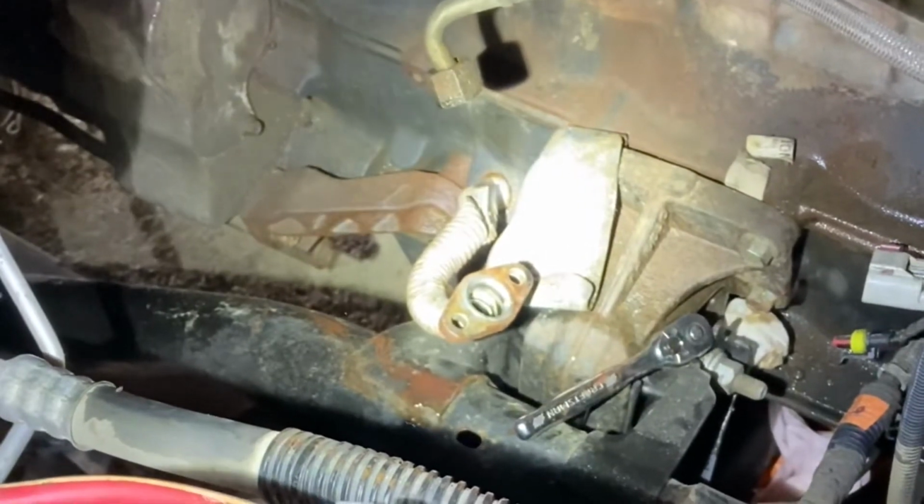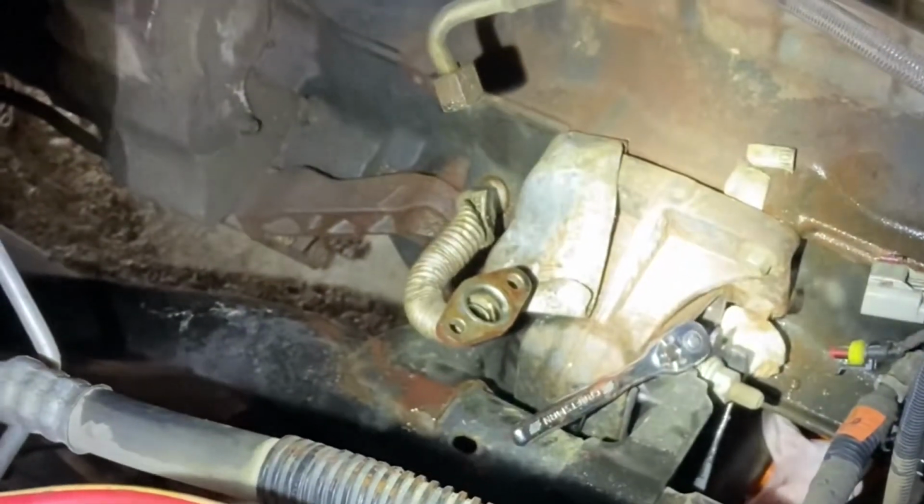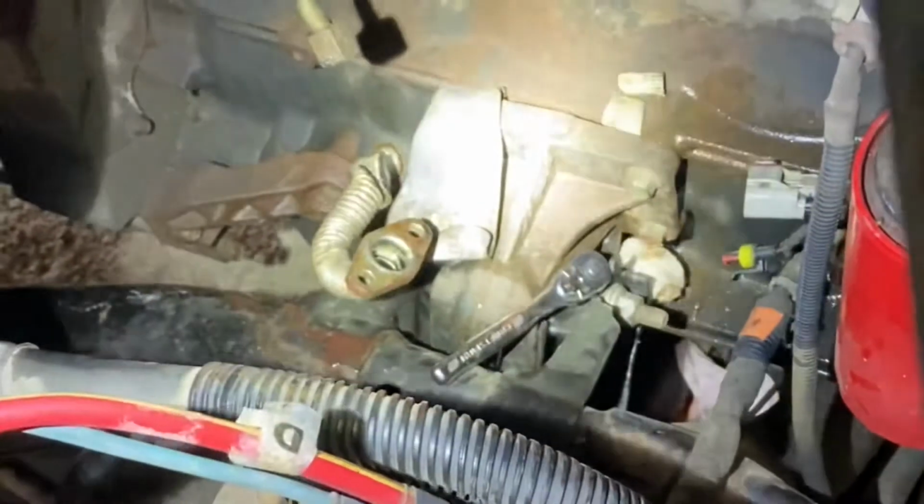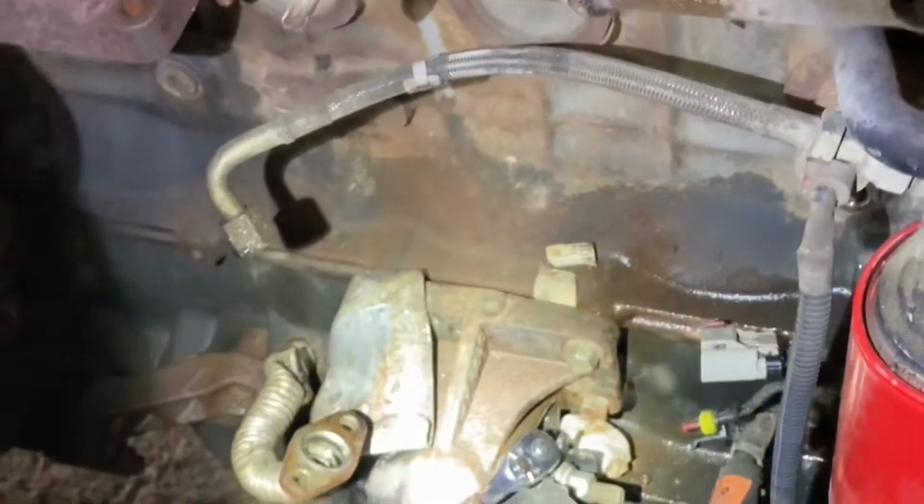Plus, I just like to replace it anyway, so yeah, get rid of that heat shield. Do yourself a favor, get rid of the battery box. Get rid of everything that's going to be in your way. It's going to be a whole lot easier because this thing is a bear to come out of there. You could twist it a little bit, you turn it down there a little bit, and it comes out pretty decent. But that heat shield right there, yeah,